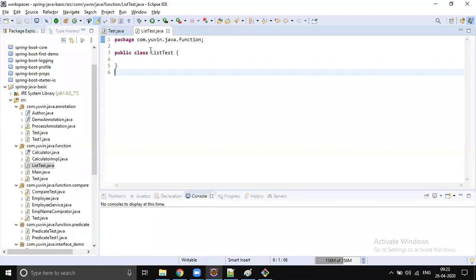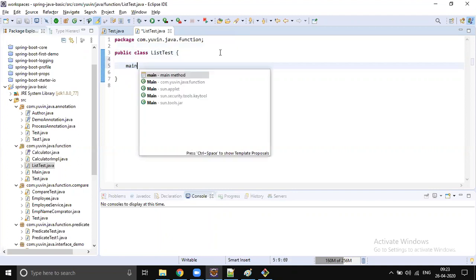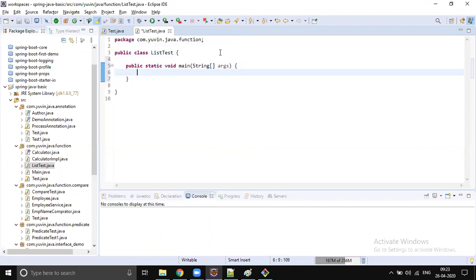So just now we saw one example of how to write lambda expressions, and we understood all the rules we have to follow to write a lambda expression. Now let's see one small example of how it makes a difference in our day-to-day programming. Let's assume that we have a list of numbers.